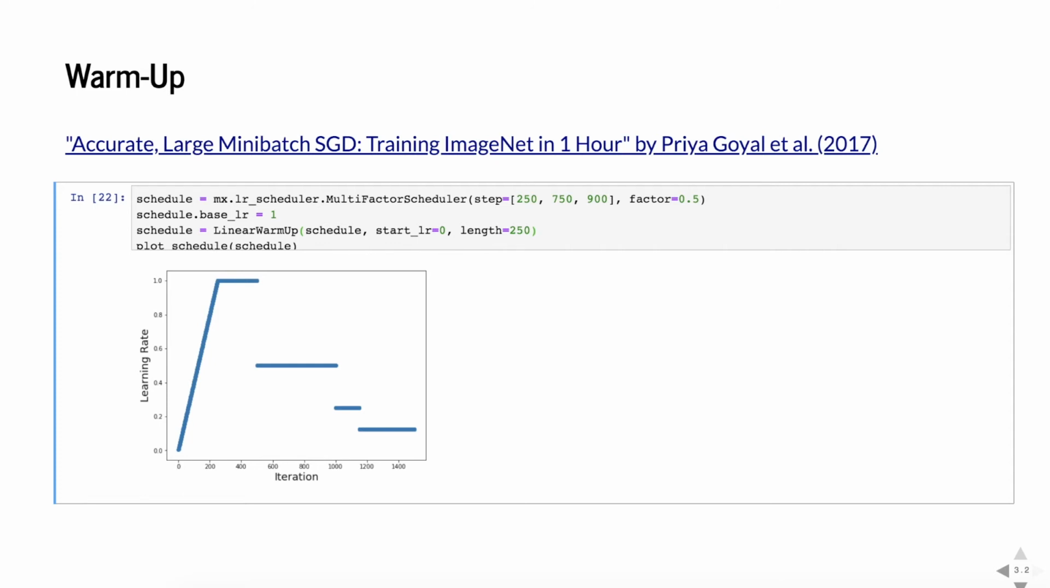They're the iterations at which we want to take the steps, and we're halving the learning rate. So we have initialized our scheduler, set the base learning rate to 1, and now we add warm-up. Linear warm-up here has been implemented in such a way that it takes another schedule and just adds the linear warm-up component to it. Beyond 250 epochs here would be just the normal schedule,